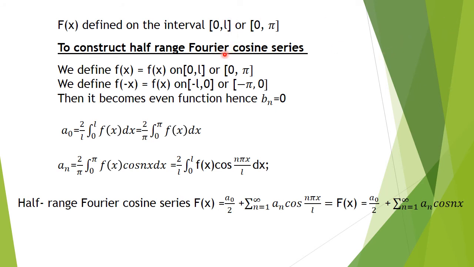Whereas if you are finding the Fourier series on 0, 4, what do we have to compare? 2L is equal to 4. If it is a complete Fourier series and the interval is given as 0, 4, then you have to write it as 2L is equal to 4, so the L value is equal to 2. So for the Fourier series, the L value is equal to 2. For the half range Fourier series, the L value is equal to 4. Is that clear? So in the half range Fourier cosine series, we will have only the A0 and An terms. We don't have the Bn term because Bn is equal to 0. Now let us see how Bn becomes 0 in the next slide.